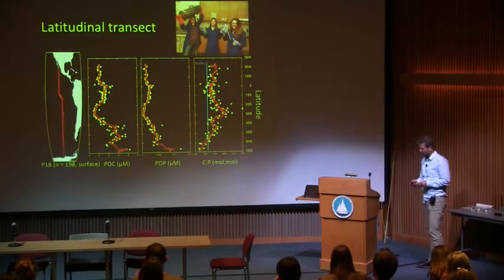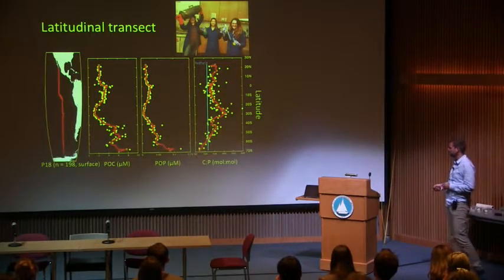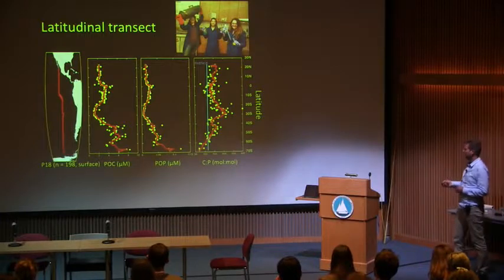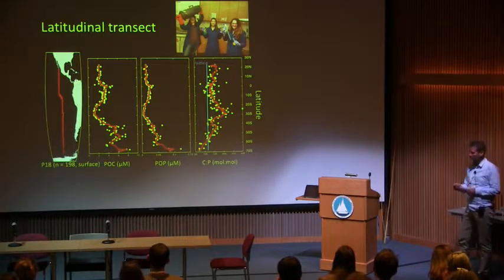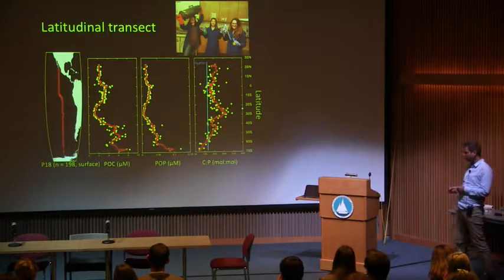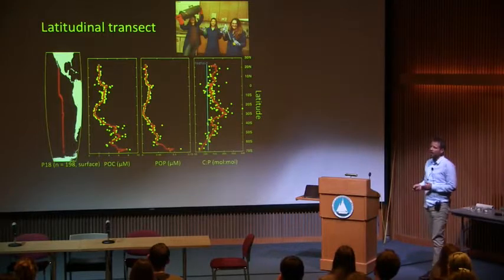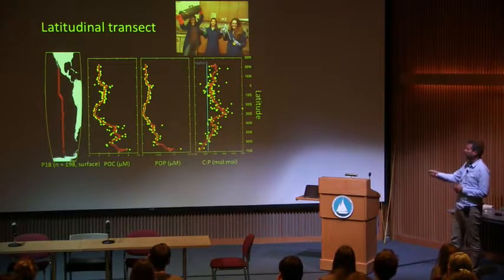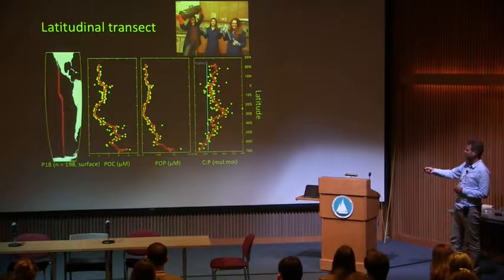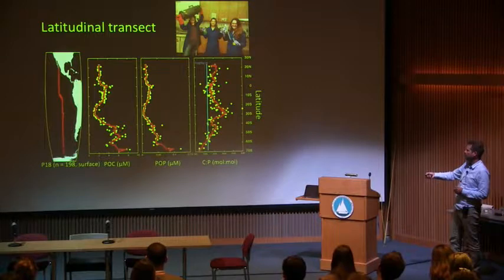And so here is the example from the P18 cruise. And what we see is that we can sort of see the different biomes just in the concentration of particulate organic carbon. As we would expect, particulate organic carbon is lowest in the two ocean gyres, so up here in the north and down here in the South Pacific Ocean gyre. It's elevated near the eastern equatorial upwelling zone, and then it becomes rather high as we move into the Southern